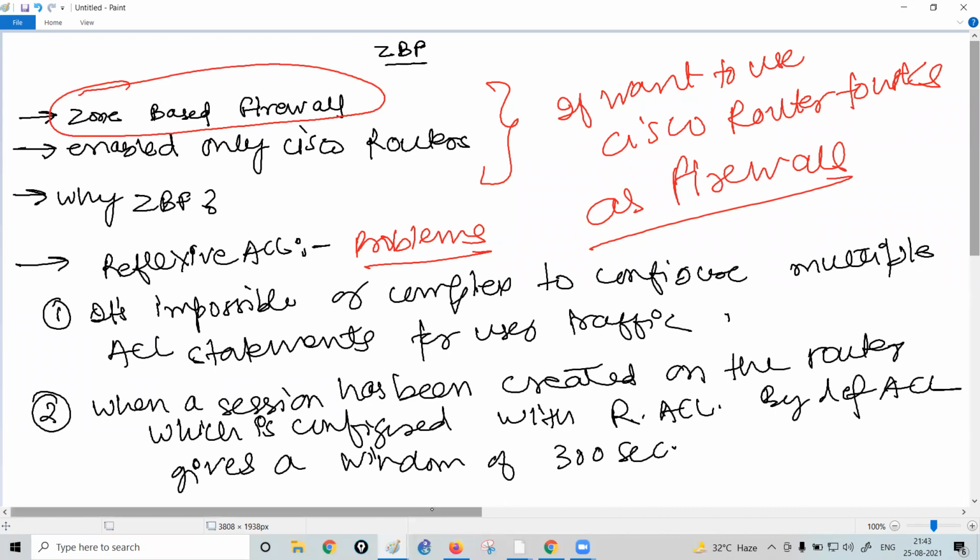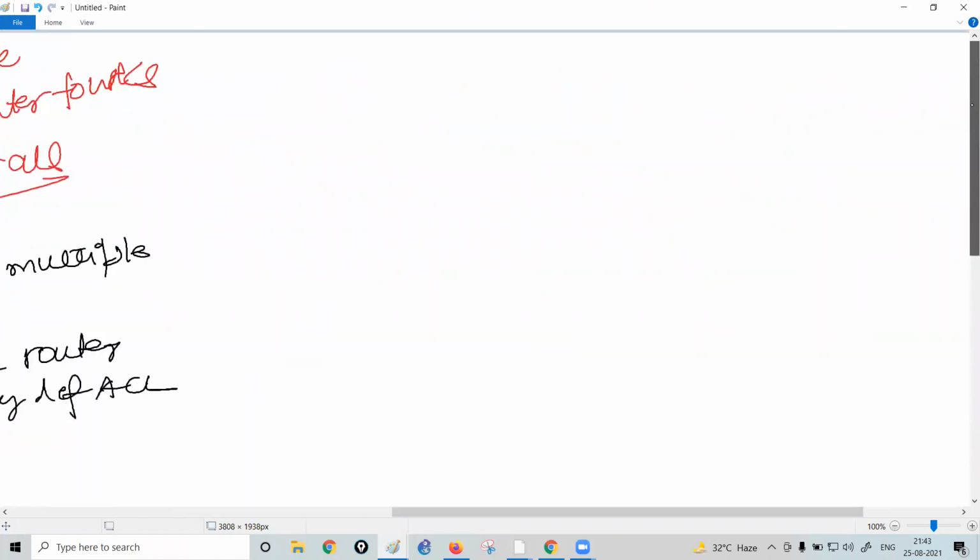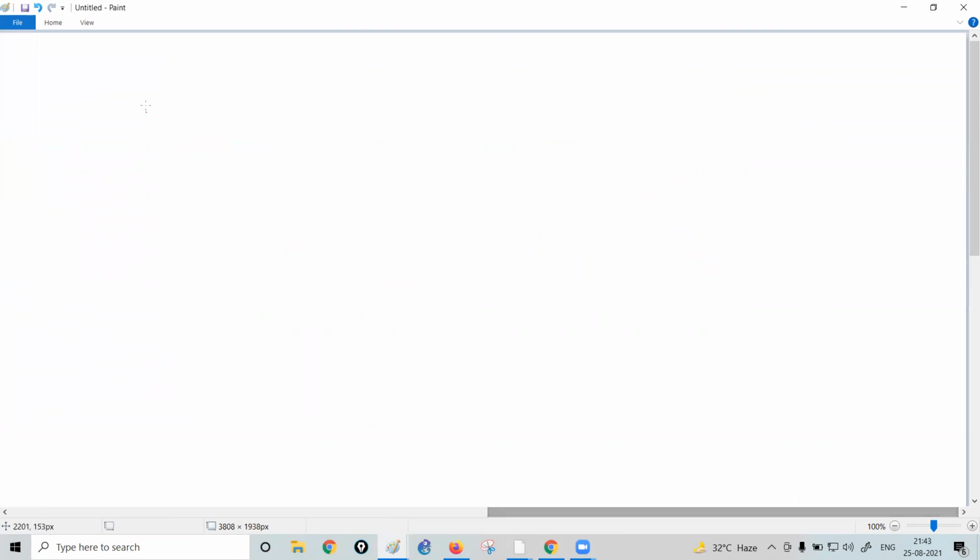Now next thing, what is the concept of zone-based firewall?